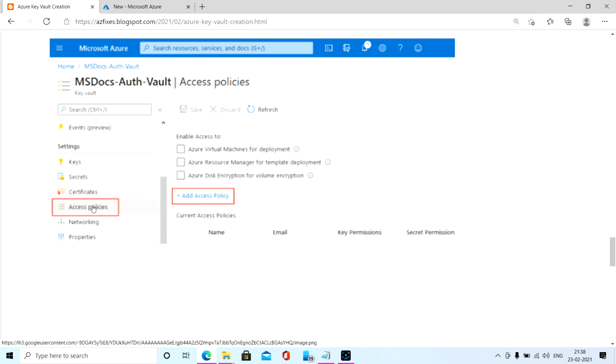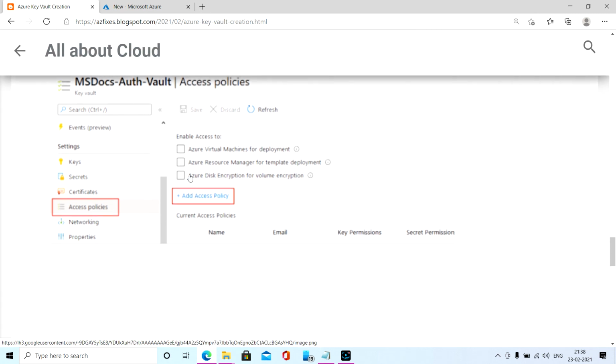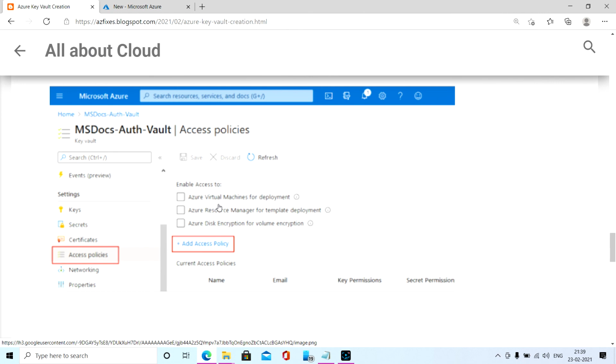You can go to the access policy and check the drop down. Your name, your email ID and the permissions should all be available here. If not, you have to select and add your email ID, the ID which you are using to log in to the portal, and save here. Once you save, you will be able to see the key. So this is all about Key Vault deployment in Azure.